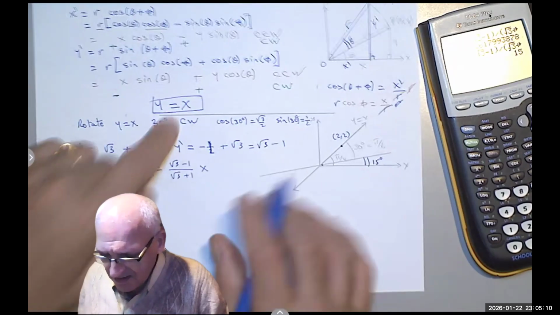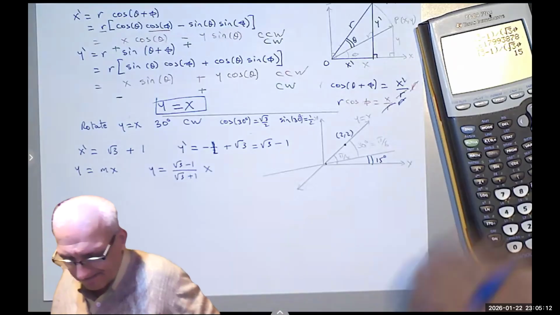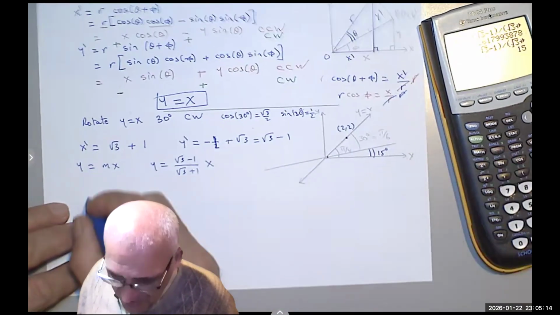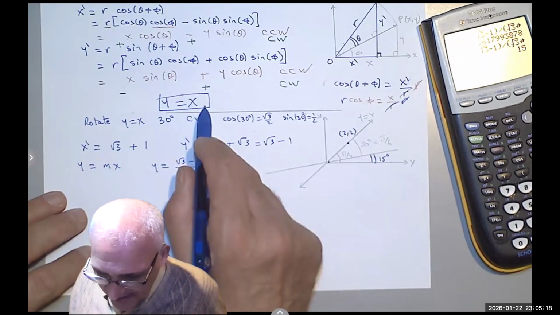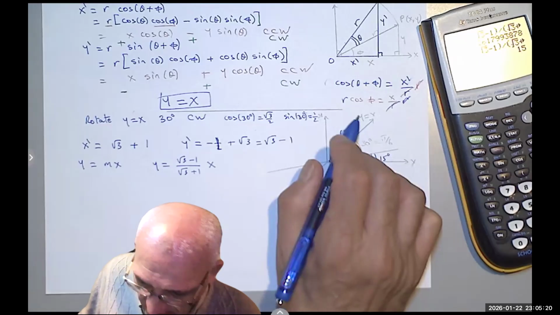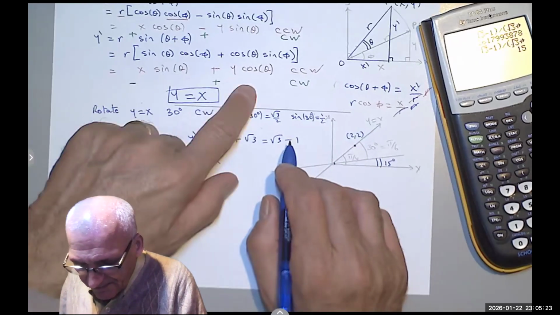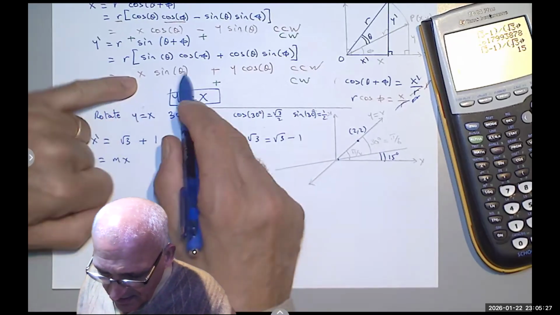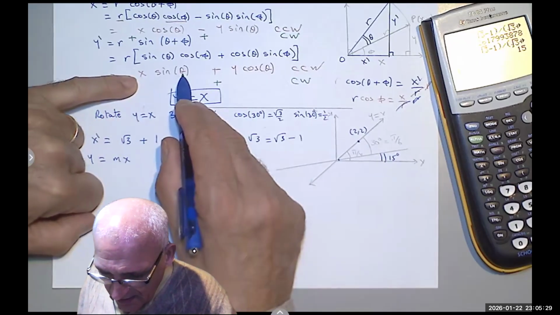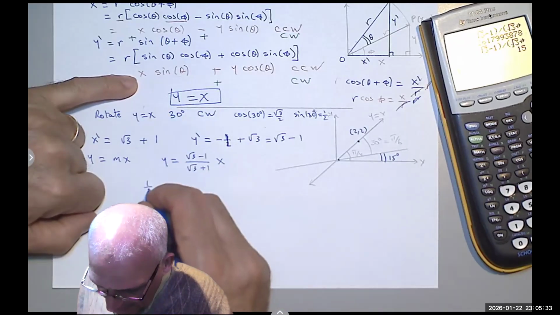Let's see, what does that mean? I'm going to say that instead of writing y equals x, I'm going to replace the y with this. x sine theta, which is sine 30 is 1/2. So I'm going to write 1/2 x